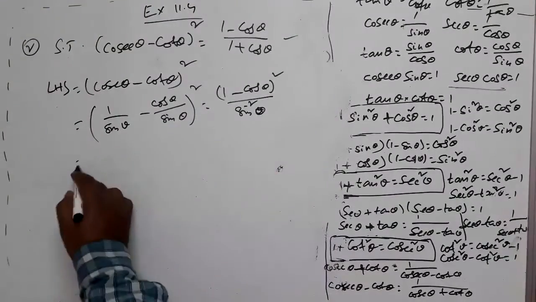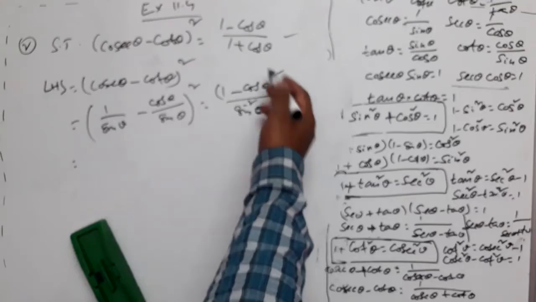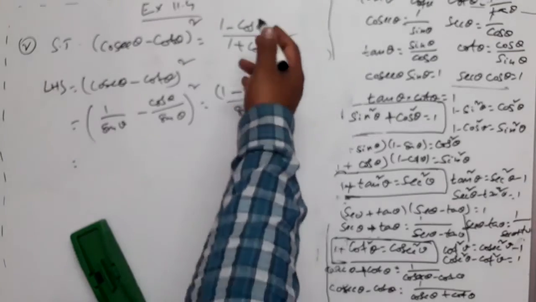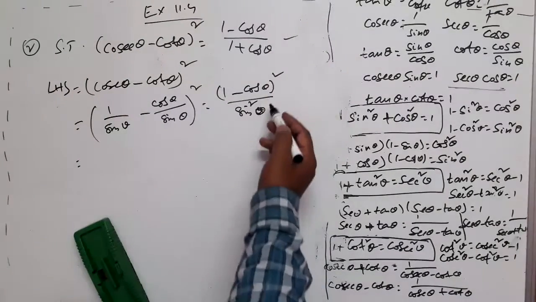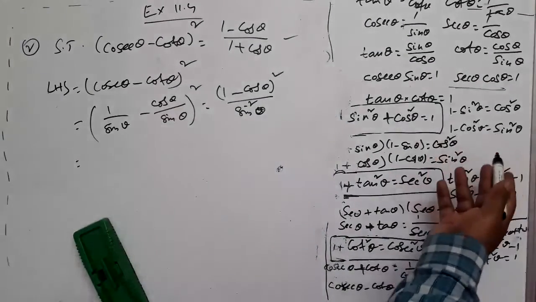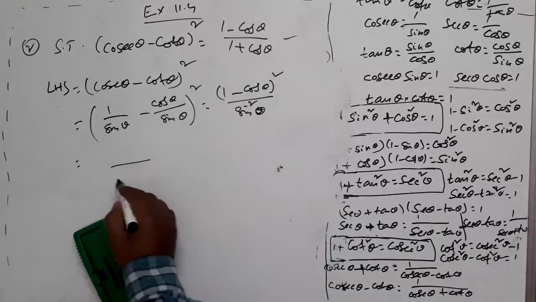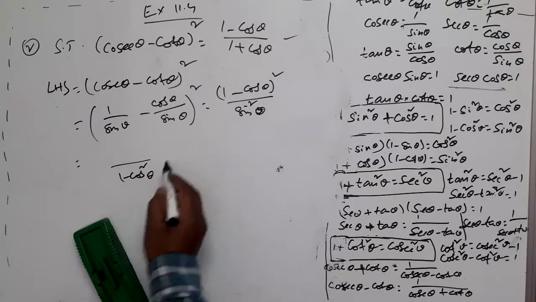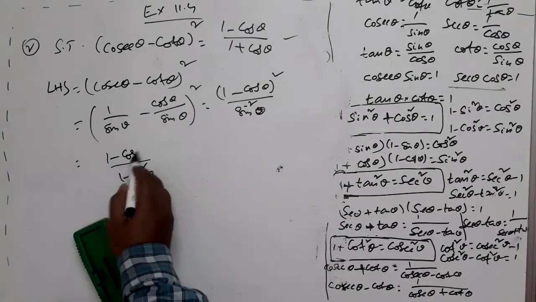So clearly 1 minus cos square theta, cos theta whole square, I don't have any problem with that, because I need 1 minus cos theta in the numerator. In the denominator I don't want sin here. So of course simply in the place of sin square theta, from this I can write 1 minus cos square theta. I am writing that. So this is 1 minus cos square theta. Numerator is 1 minus cos theta whole square, right?